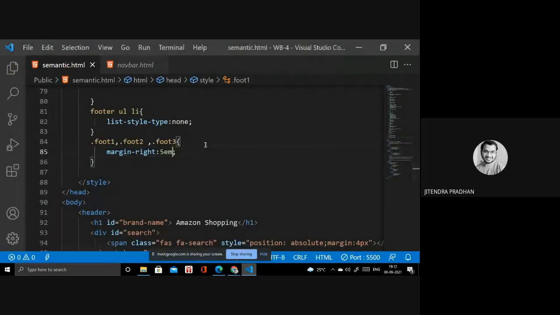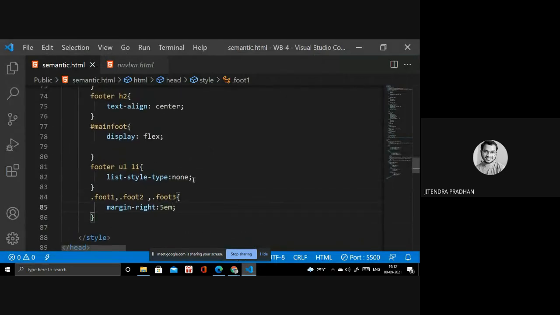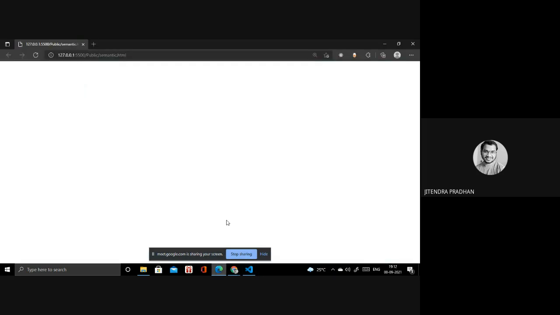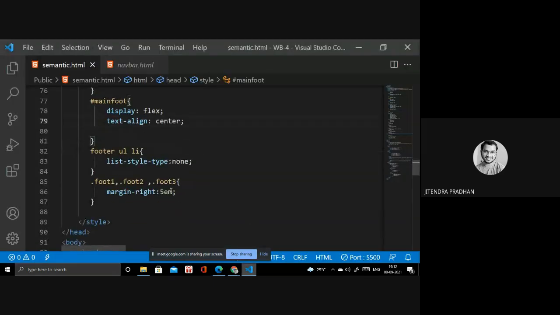Okay, but I will change something in that footer or main foot, whatever. It's text alignment center. It's not changing. Okay, not an issue. We'll change it to 6 em.